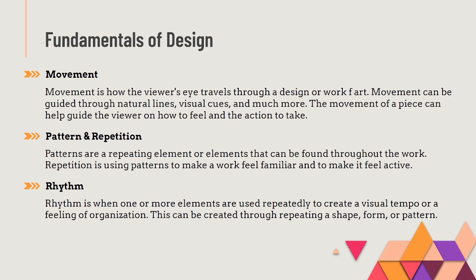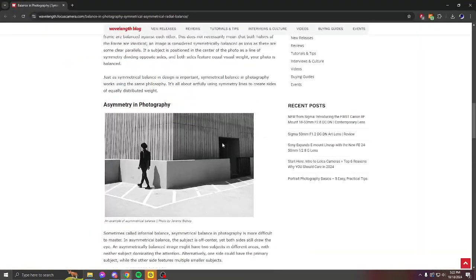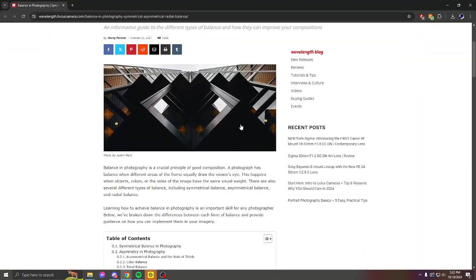Patterns are a repeating element or elements that can be found throughout the work. Repetition is using patterns to make a work feel familiar and it makes it feel active. So, remember that building we looked at, right? Actually, let me just grab the article really quick because I can show you bigger there. So, see here how there are patterns. The windows are patterns, these triangles are patterns, but they also feel repetitive, and they give us this feeling that things make sense. They give us a stability. They make us feel like we understand what's happening. So that's what patterns and